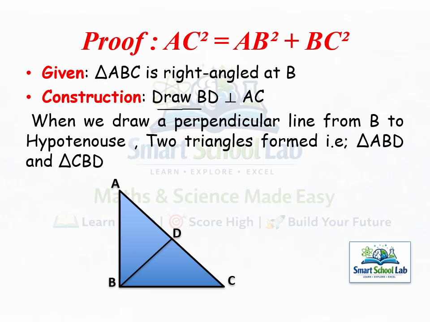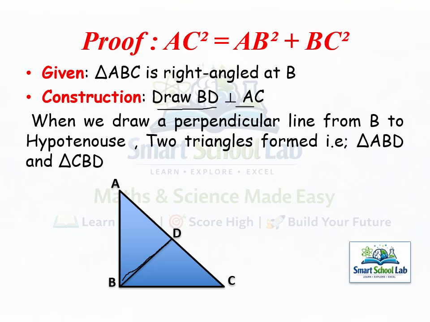Draw BD perpendicular to AC. Here AC means the hypotenuse. So here you observe the diagram. I have already drawn BD perpendicular to AC. When we draw a perpendicular line from B to the hypotenuse, that is AC,